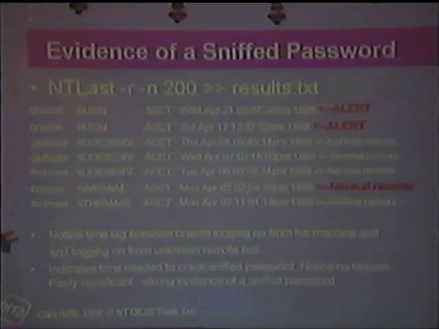So if you look at the timestamps, you'll see Brian M. logging on April 2nd at 2:02, and then you get this oddball log on, 12 days later. So on April 2nd, the password hash went out over the wire, and now 12 days later, someone else is logging in. So it's pretty strong evidence of a sniffed password, and that could be about the time it takes for the password to fall to like L0phtCrack or something. So I find this is a pretty easy way to help me kind of see these kinds of problems. God, I don't even know how many people have L0phtCrack running at Intel, but